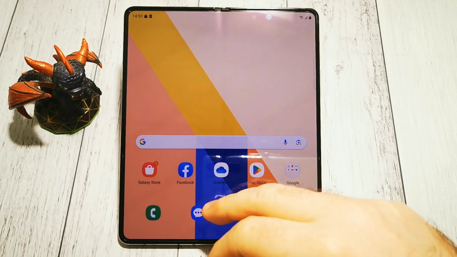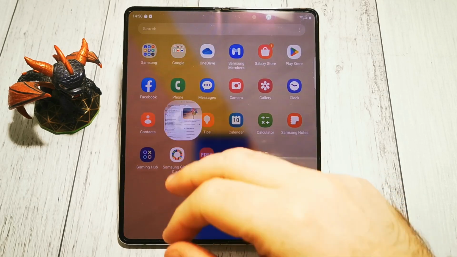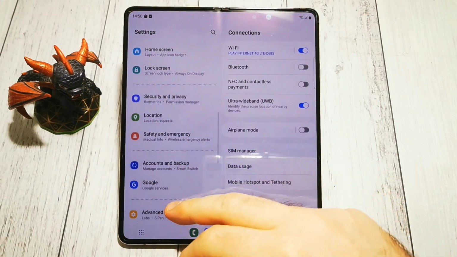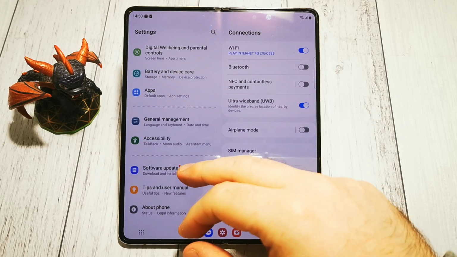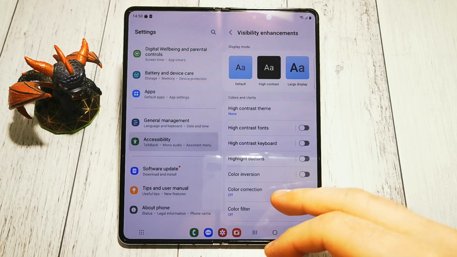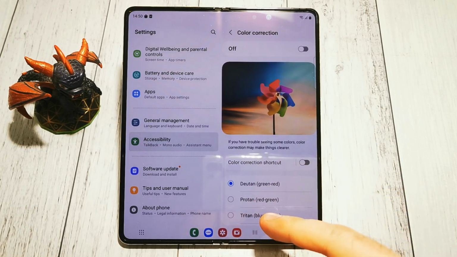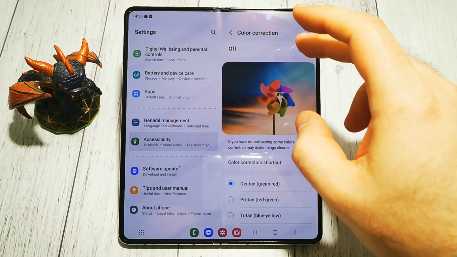So to make a shortcut for our color correction options, we have to go to settings first. Then we are looking for accessibility options here and visual enhancements. And here is our color correction menu. By default, it's of course turned off. If you want to turn it on,